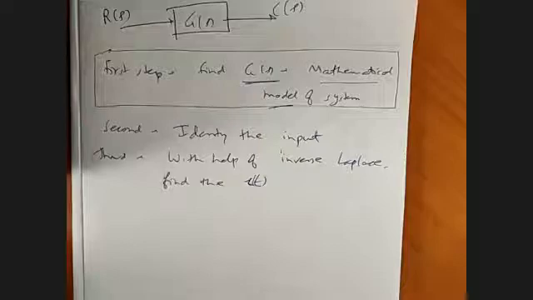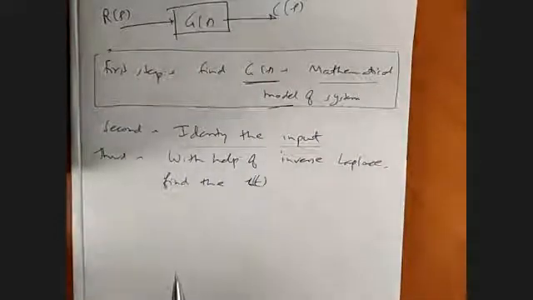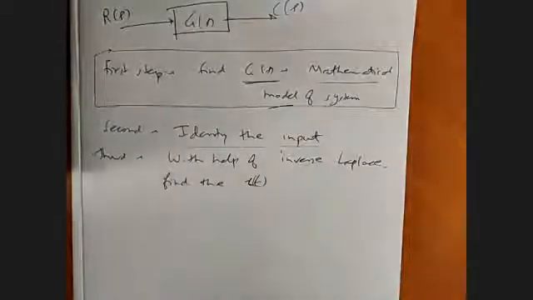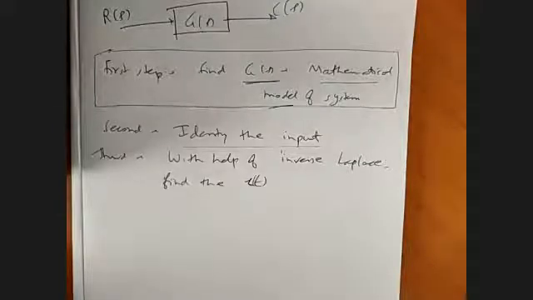Then the second work is to identify the inputs which we are applying. So the time response is mainly depending on two terms. One is the transfer function of the system, and second is the input which we are applying to the system. So first step we have discussed. Now the second step comes, we have to identify the input which we are applying to the system. Now we can have infinite kinds of inputs which can be applied to a system.